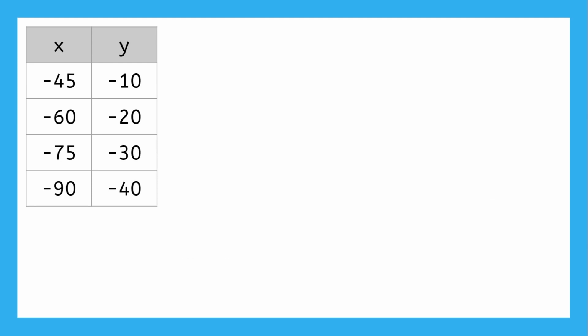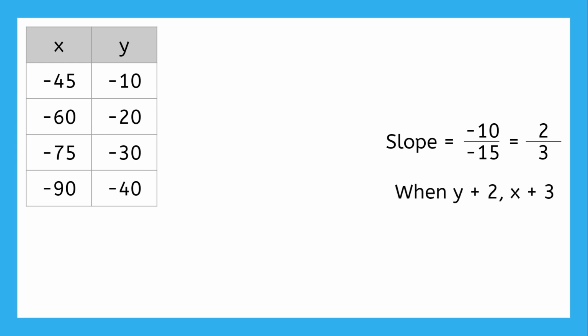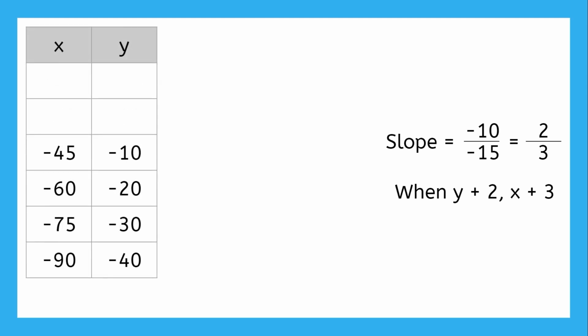For our next example, neither intercept is shown, so we'll have to search for both of them. The slope is negative 10 for the y and negative 15 for the x, which reduces to 2 over 3. So anytime the y goes up by 2, the x goes up by 3. So let's try extending the table down. If we keep the pattern and subtract 2 from the y, the x has to subtract 3, but the x and the y just got further from 0. So we don't need to add rows to the bottom, as it turns out. We need to add rows to the top.